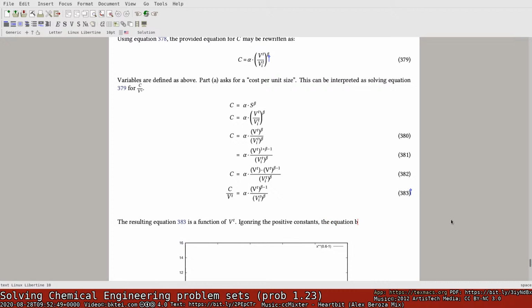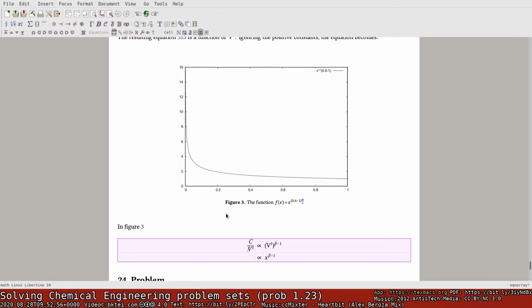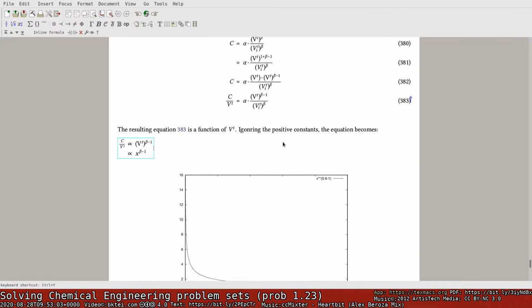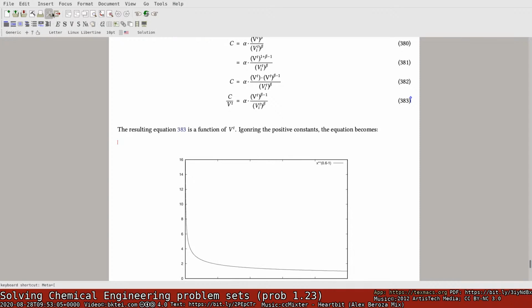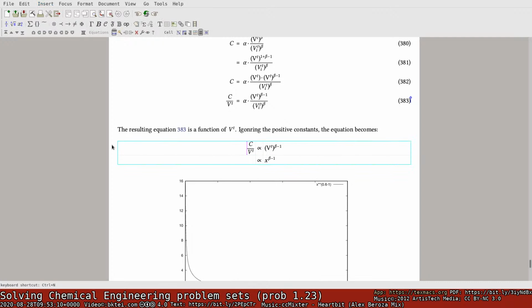The equation becomes, and then we'll go ahead and put in our, let's see. No. We want the nice formatting in the center. Several equations becomes that, where C over V superscript T is proportional to that, which is ignoring the positive constants